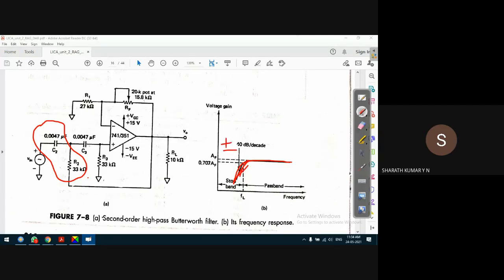Of course, in this textbook the plus and minus is not shown. It is shown in the David Bell book, but I recommend using these operator symbols, plus and minus. It is always a good practice, because plus always indicates an increase in the gain of the amplifier and minus indicates a decrease. From this plus and minus, you can identify whether it is a low pass filter or a high pass filter. So this is for the second order high pass filter.